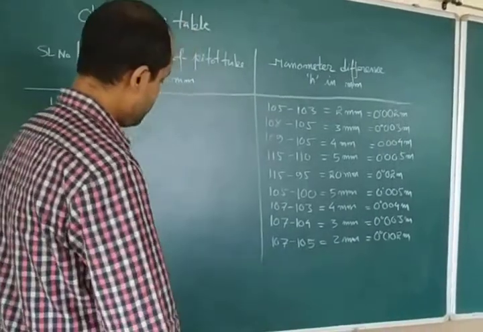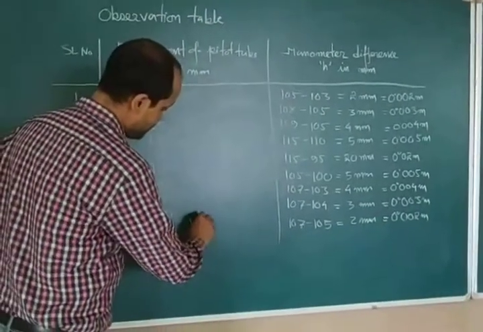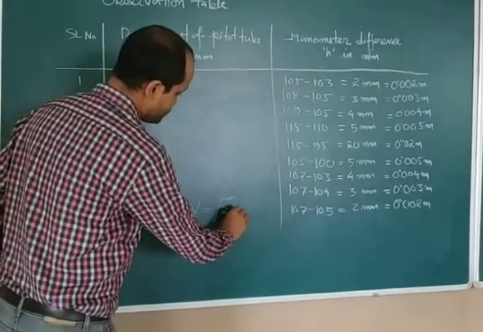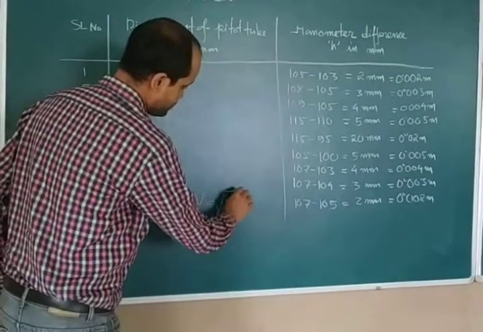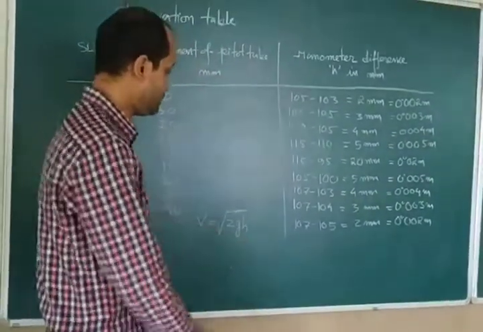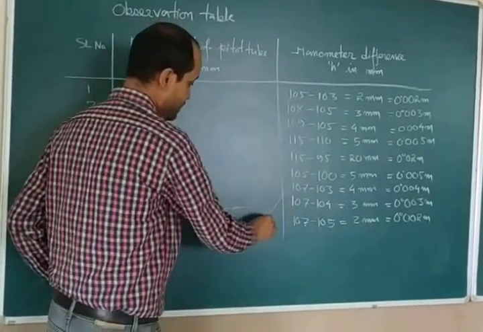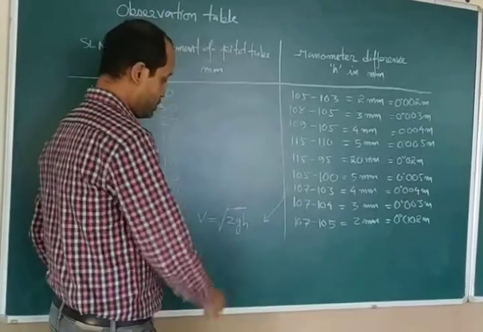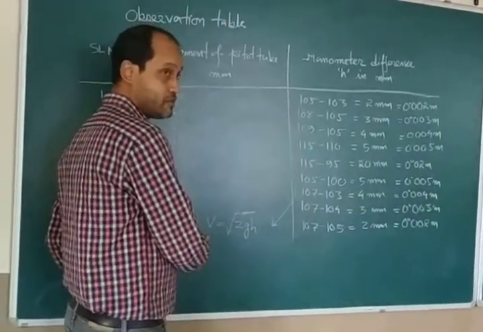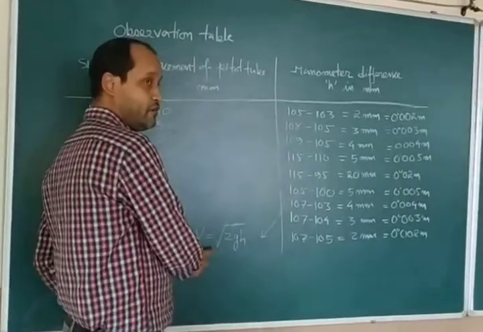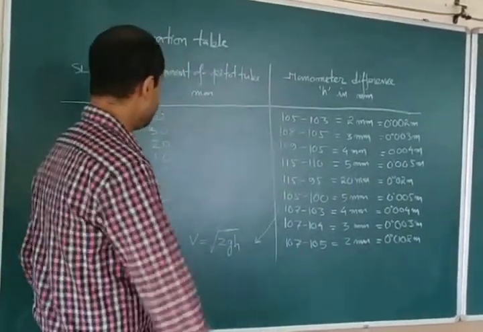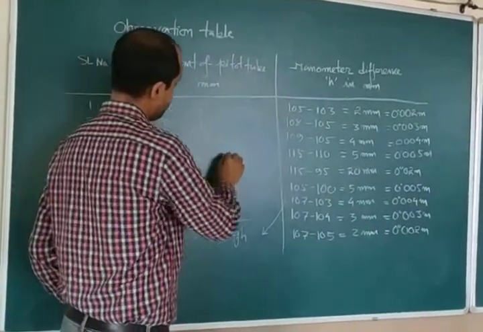After that, you have to find out the velocity. As you know, velocity v is root over 2gh. So if you find out the h, you will get it from here. g is known to you, so you can easily find out the velocity. So after finding out the velocity, you have to plot one graph actually. So the graph is basically this